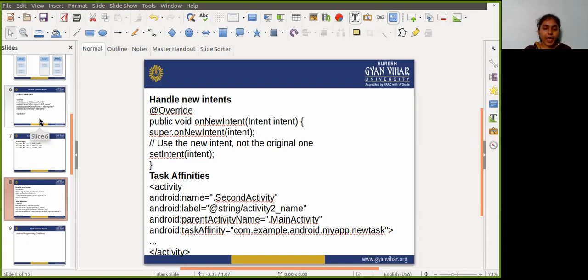The vast majority of apps only use the standard or singleTop launch mode in the intent tag. Intent flags are options that specify how the activity that actually receives the intent should handle that intent. Intent flags are defined